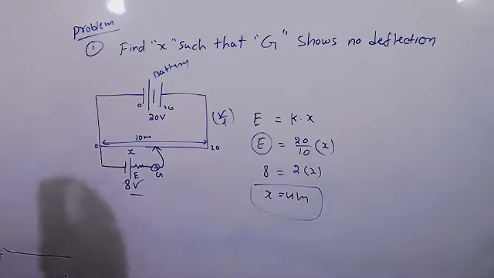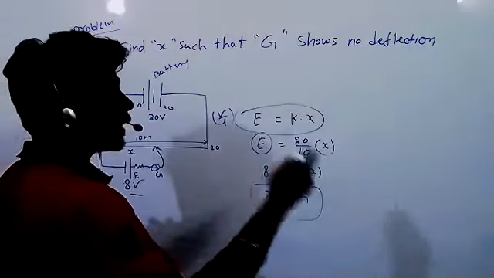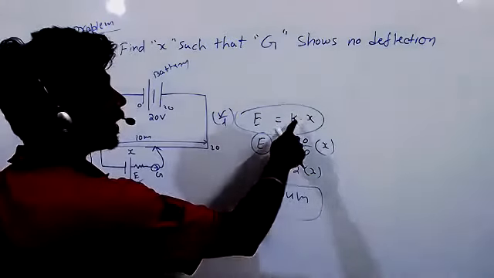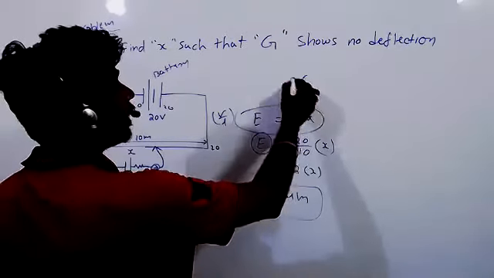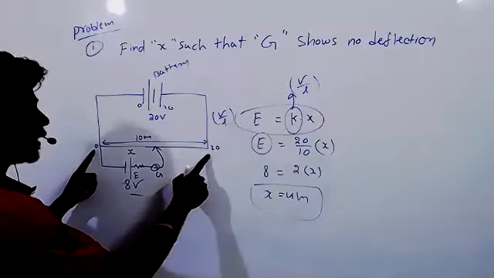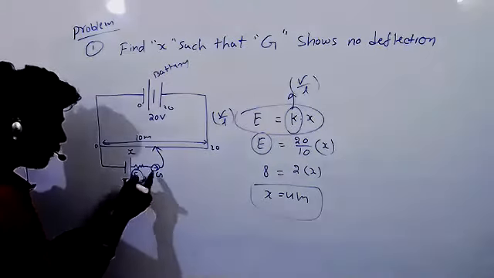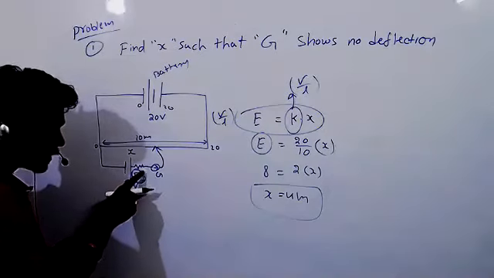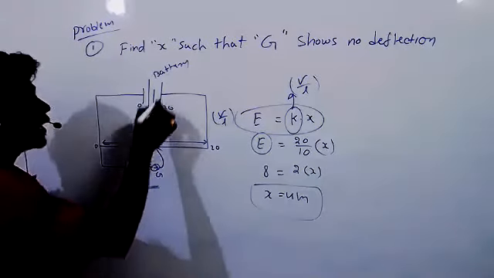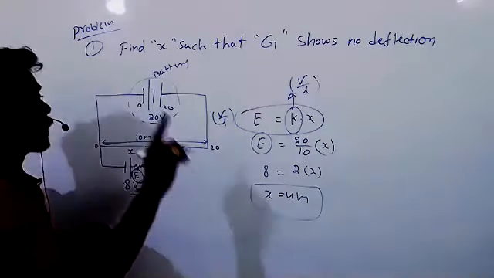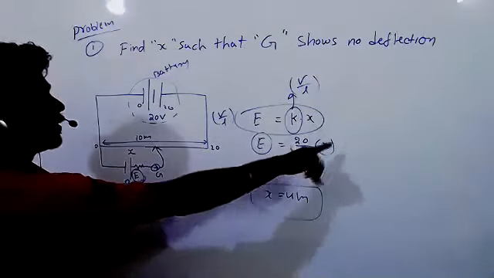Yes, sir. So remember this formula. It is to find out the EMF. How to find out EMF? E is equal to K into X. This K is nothing but potential gradient, V by L. Take the length of the wire and how much potential they applied. Remember, when they have given internal resistance and connected it to the galvanometer, it is the EMF. Whatever else they have given is the potential difference. So if you know V by L into X, we can do it.